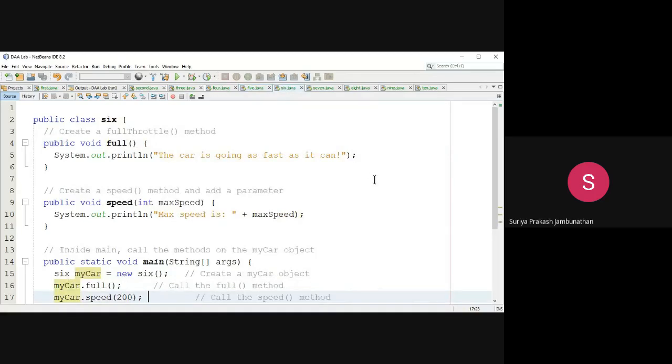And the current program resembles a parameterized method. In a parameterized method, we are passing the value, and the particular function will retrieve the value and display it as output. So these are the 4 different cases we discussed.